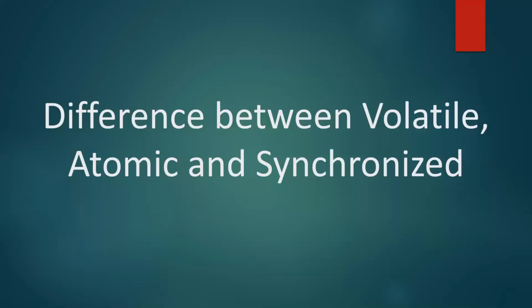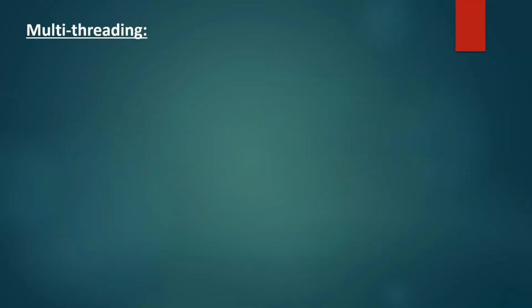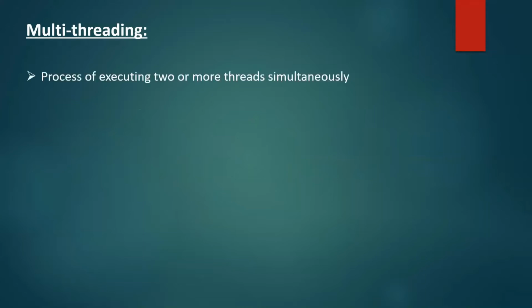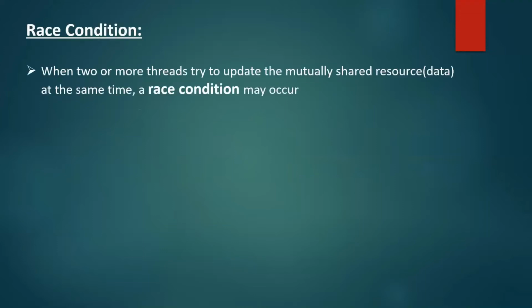Hi everyone, in this video we are going to discuss the difference between volatile, atomic and synchronized. All these are related to the multi-threading concept in Java. And what is multi-threading? Multi-threading is a process of executing two or more threads simultaneously. And when we are executing two or more threads, when they are trying to update the mutually shared resource at